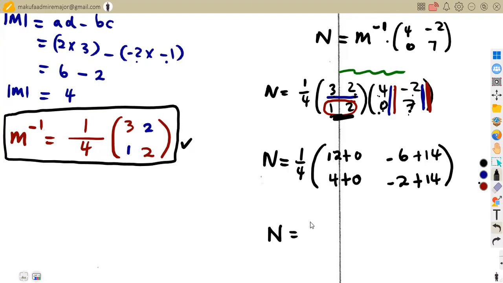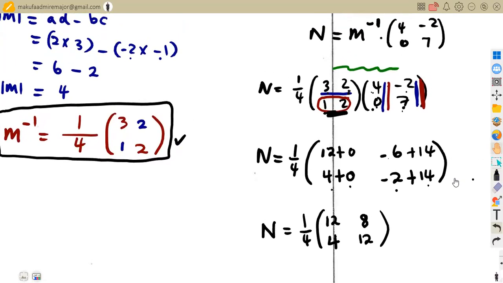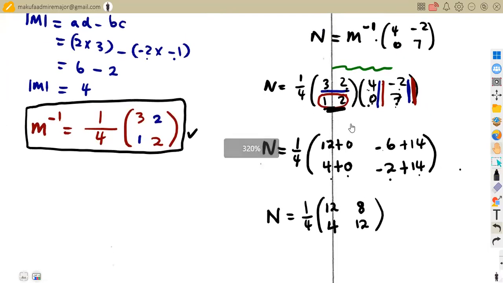Knowing that we have the 1 over 4 that is still to multiply the answer that we are going to obtain after combining, 12 plus 0 here, which is 12, minus 6 plus 14 simply means 14 minus 6, which is going to give us 8. 4 plus 0, that's a 4. 14 minus 2, which is going to give us 12. So from this part here, we can simply multiply each and every number inside by what? By the scalar, which is the 1 over 4. So the matrix N